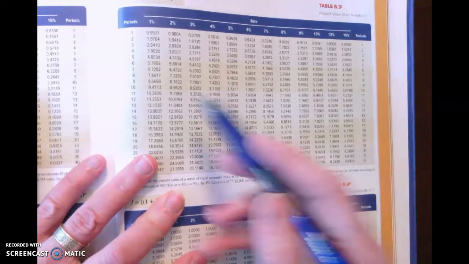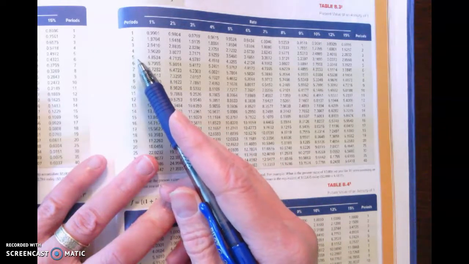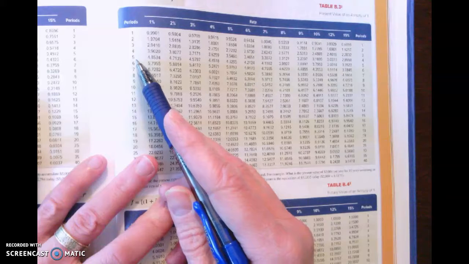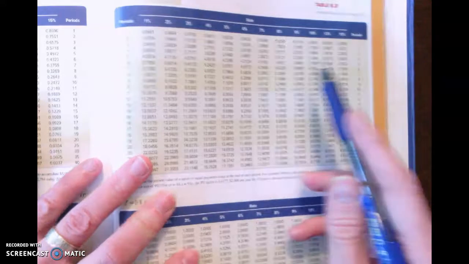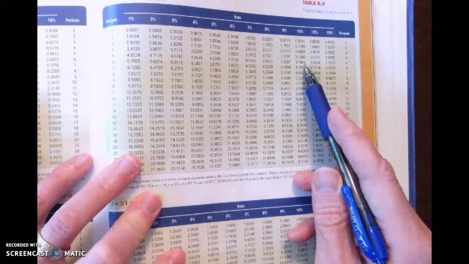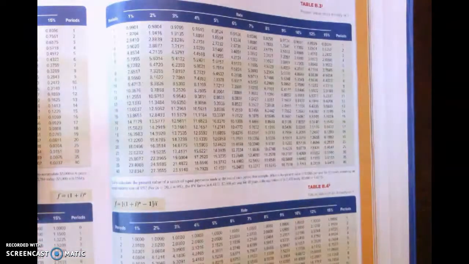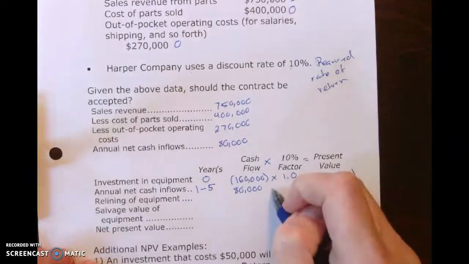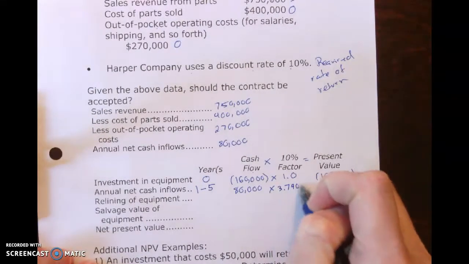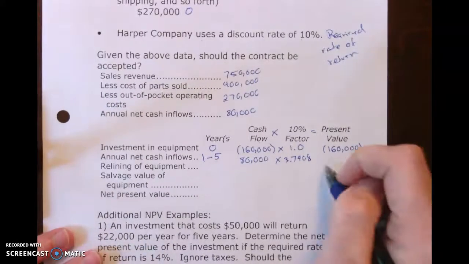So I have my 10% right over here, and then how many periods do I look up? I look up 5. Why 5? Because it's a 5-year contract, and those annual net cash inflows are occurring from years 1 through 5. So I look at period 5, and I look over, and what you can see is 3.7908, and hopefully you're following along with me in the book, 3.7908, at 10%. That is my annuity factor, from the present value of an annuity table. So when I multiply my 80,000 times my 3.7908, I get a present value of